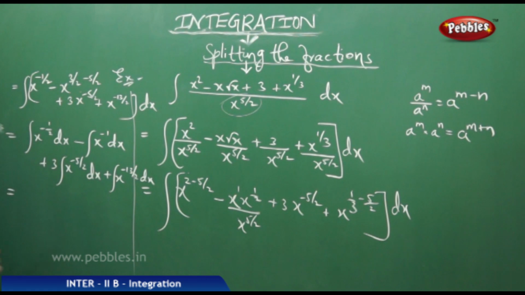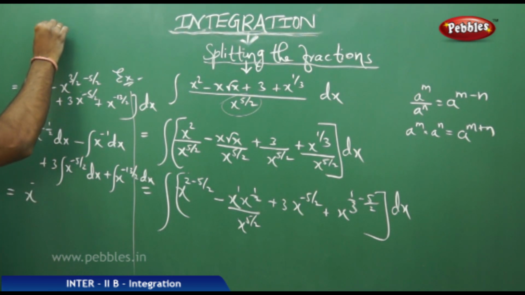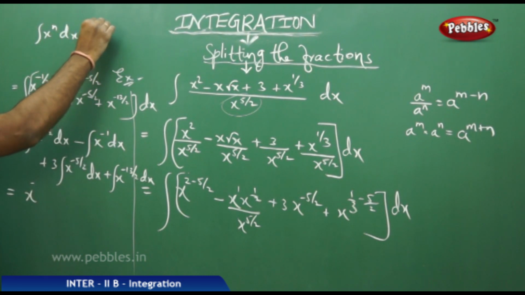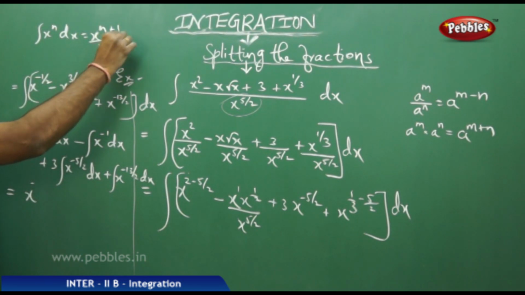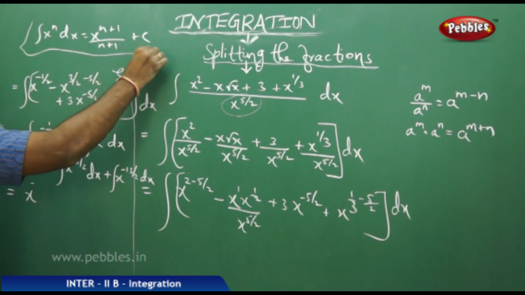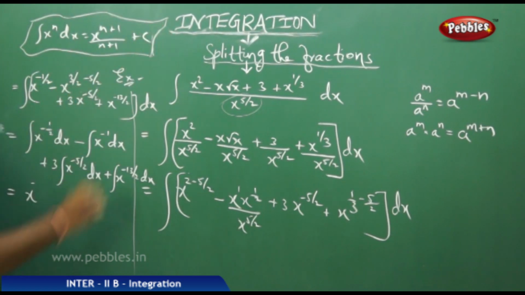Now this, on simplification, gives integral x power n dx is x power n plus 1 by n plus 1 plus c. So using this, I get n plus 1 by n plus 1